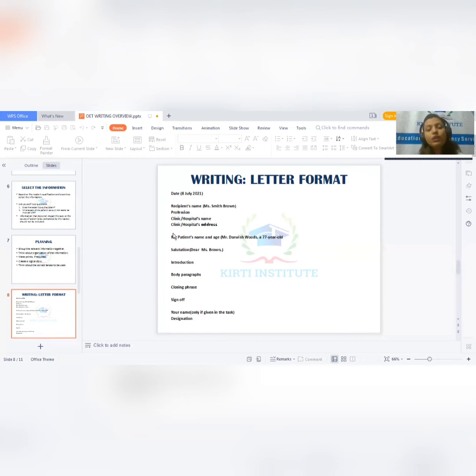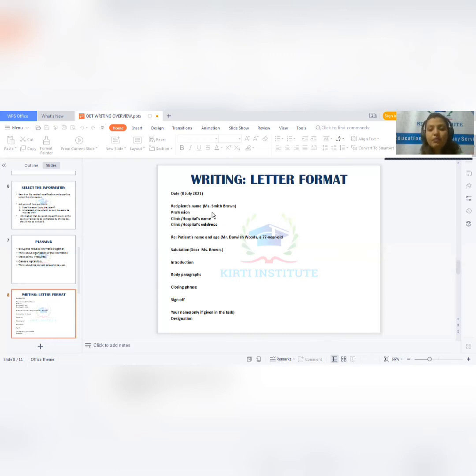Then you should leave one line and write the RE line. Here RE means regarding. Then you can write the patient's name and age. Here I have given the example, Mr. Darwish Woods, a 77-year-old. Make sure if you are putting a hyphen, you should have the article A or AN based on the number. Now you can write, then you will have to skip one line and write the salutation, Dear